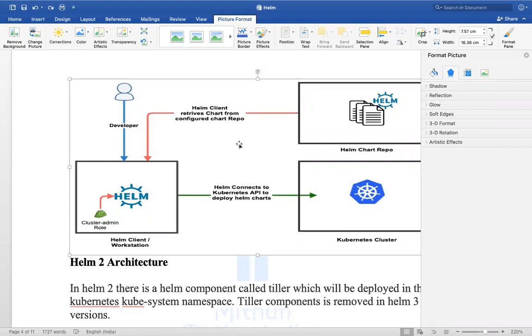What will it use internally? What is required in this machine so that Helm can connect to the Kubernetes cluster? Basically the kubeconfig file, the kube context.